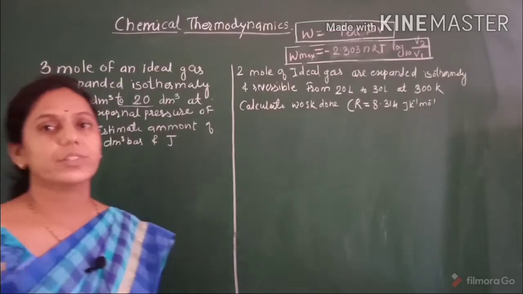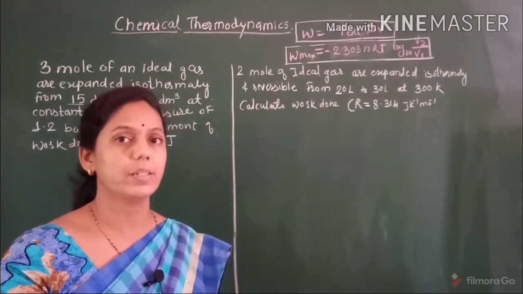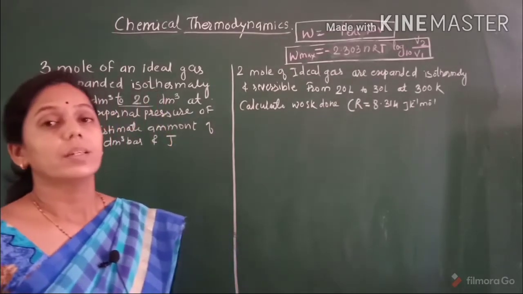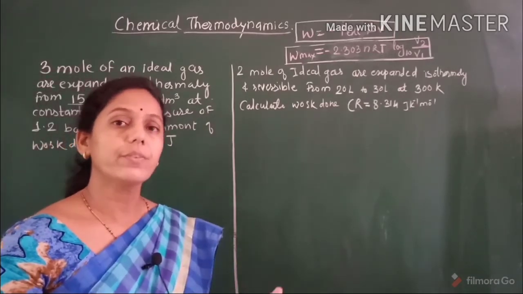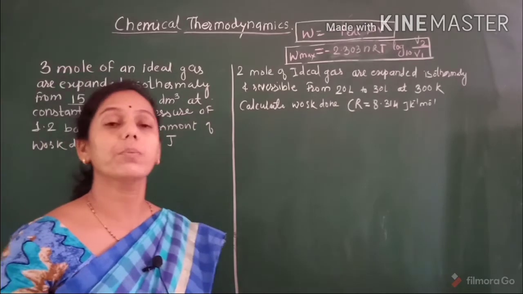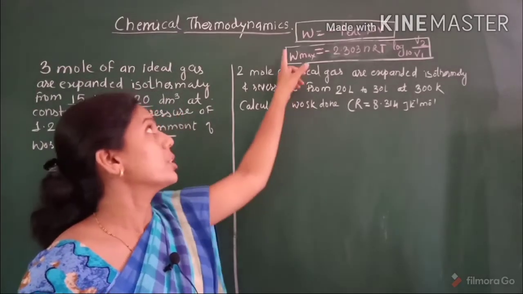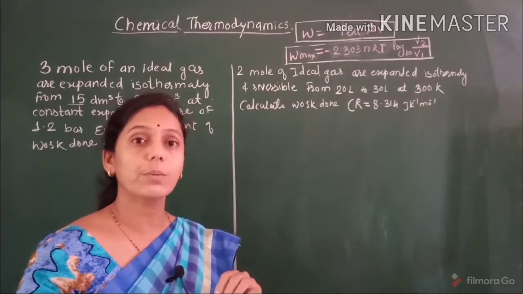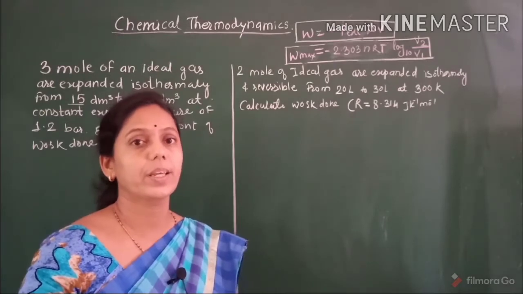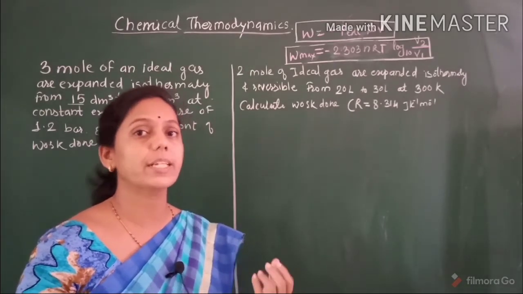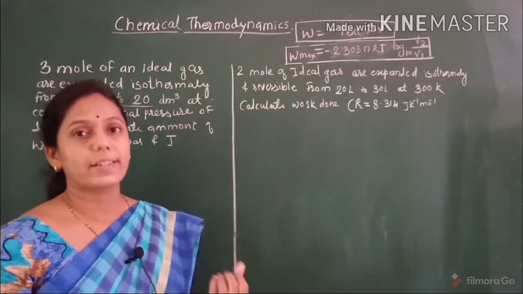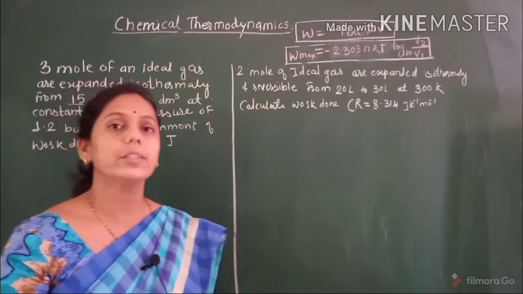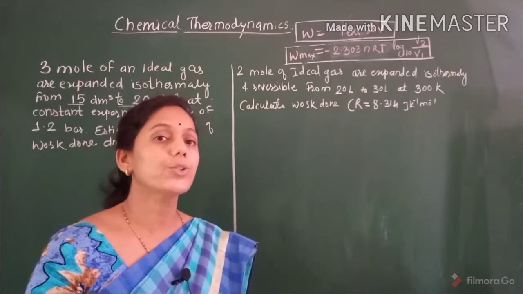In the last lecture of chemical thermodynamics, we discussed some basic concepts in thermodynamics, and heat and work. We discussed the isothermal reversible expansion of a gas and isothermal irreversible expansion of a gas. So these two formulas: W equals minus P external del V, for the isothermal irreversible expansion of a gas. And for isothermal reversible expansion, W max, the maximum work done, equals minus 2.303 nRT log to the base 10 of V2 upon V1.